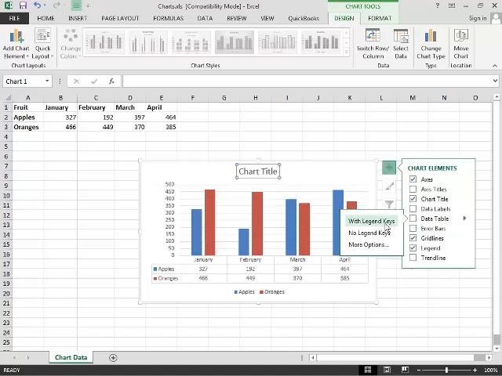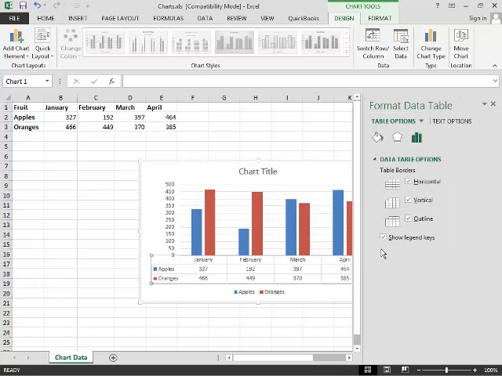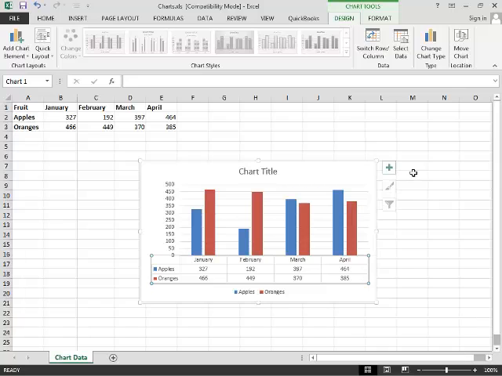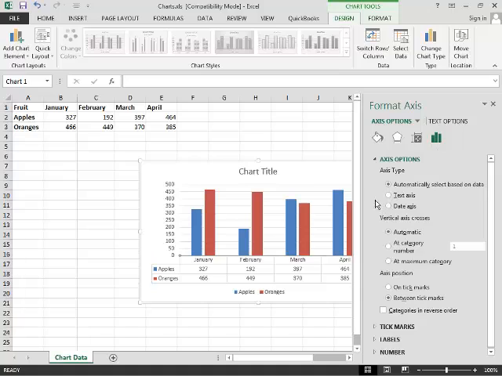I click, and then I can say, get even more options with legend keys, no legend keys, more options. And when I go into more options, then I get to go even deeper. So really kind of a pyramid approach with charting in Excel 2013, where here we're seeing the very top of the pyramid, but for any of these features, we can click in here and make selections, or if we go to more options, then we get a very elaborate panel that lets us really get granular on applying different aspects